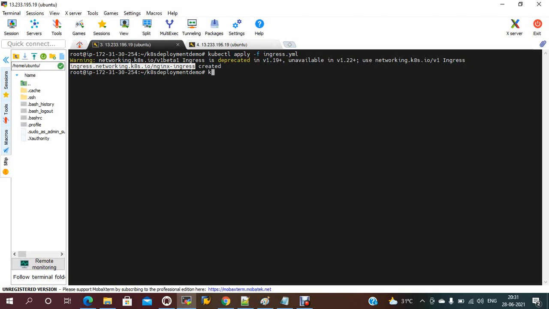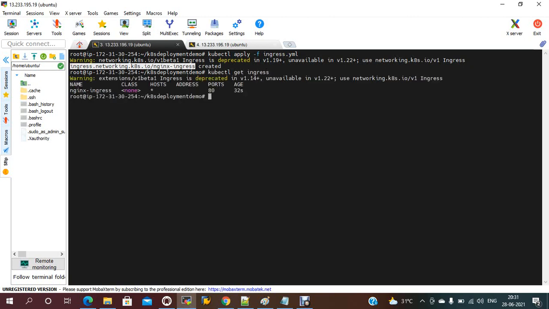Now check kubectl get ingress. This one is created. Now the address needs to be updated, but here the address is not created. Okay, we have to see the issue. The address will be created on the load balancer. That new load balancer should be created.